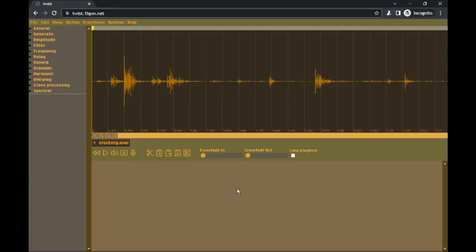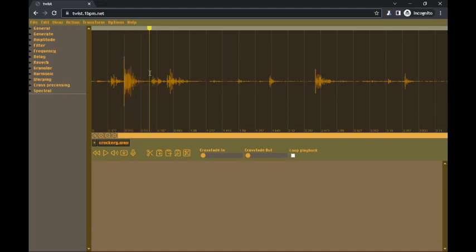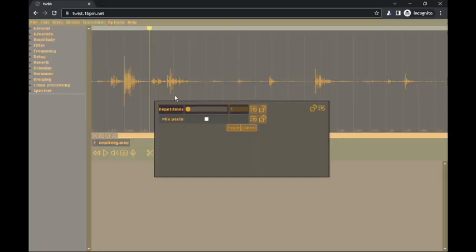That covers most of the basic actions, although one thing I've not demonstrated is the paste special on the edit menu. So I've selected this region now, I'll copy it with Ctrl C, and then I'm going to paste it in at the point that I've positioned it there. You go to Paste Special, and this gives us two other parameters for the paste, so we can actually mix paste it with what's already there,